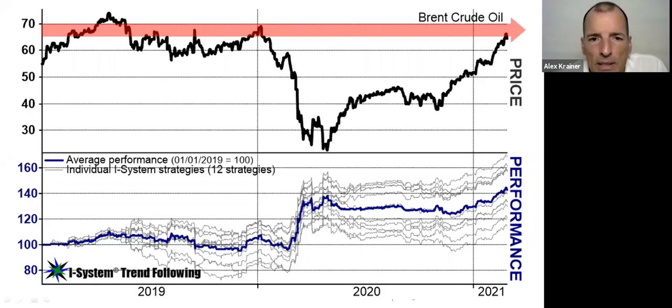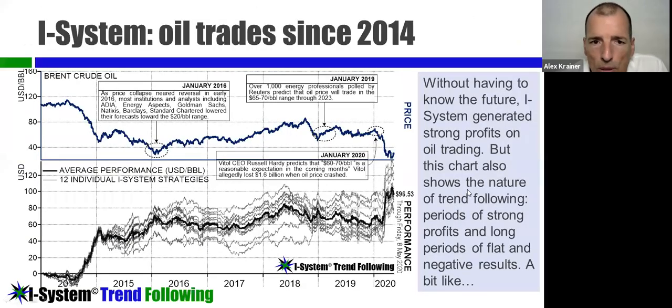So what happened here is that these strategies generated a net profit of about $42 per barrel through this market crash. And then again, as in 2020, 2021, as another trend unfolded, again, by simply going along with the trend, strategies performed again. Here we have a longer term performance chart of these same or similar strategies since 2014. And over this period, they generated a profit of about $96 per barrel through